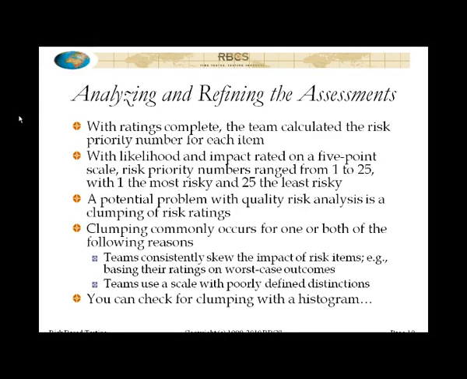Now, that can occur for a number of reasons. There are a couple that are particularly common. One is the skewing of the impact. When the people involved in doing the risk assessment look at a risk item, they say, oh, something really horrible could happen if that happened, so it's a very high impact, and then pretty quick everything starts being a very high impact. A lot of times that's happening because people are basing their ratings on worst case possible outcomes. You want to remember when you're rating the impact to think about what's the most likely, typical kind of production problem, field failure we get related to this risk item. So, for example, if we're talking about system response too slowly to user input, don't think about the most catastrophic performance problem you could possibly have. Think about, well, when we have that kind of